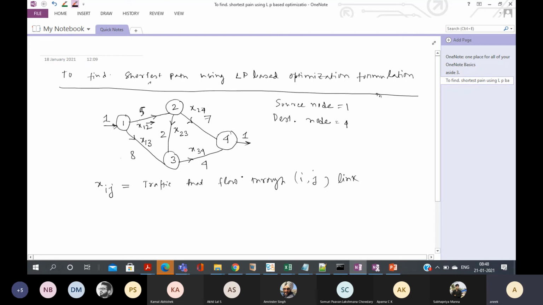If you compare with the traffic constraint condition we considered for our LP-based formulation, there node 4 was considered a destination node. Here, this is your source node and this is the destination node, but we consider that traffic also leaves from node 4. So there is no sink in the existing network. Total 1 unit of traffic comes to node 1 and leaves from node 4. Now, if I want to write the equation for node 1, 1 unit of traffic is the incoming traffic and the outgoing traffic is the x12 and x13 traffic.